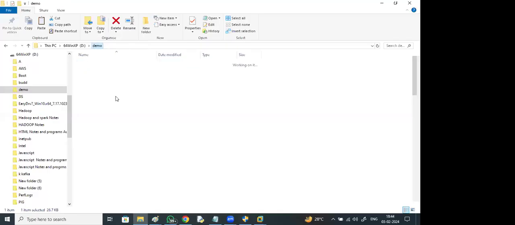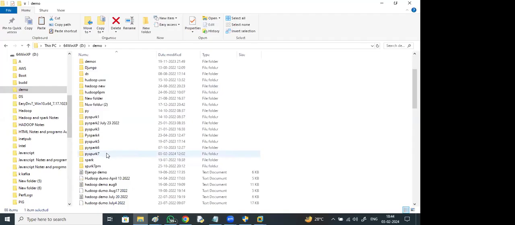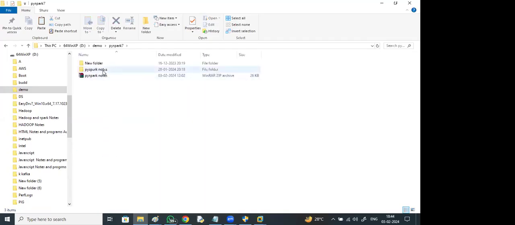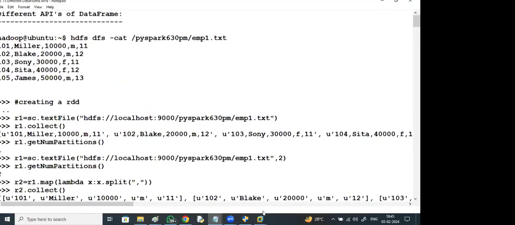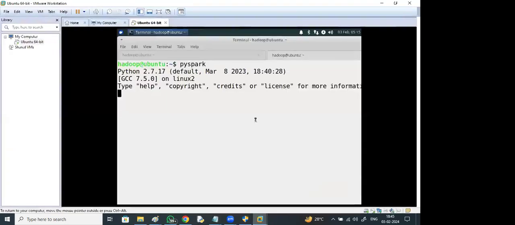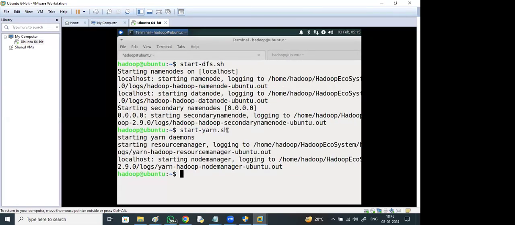I have a question here. Once you connect it to Pyspark, when you run it, what will happen here? After you run just one command, right? So what will happen? Like start-yarn.sh. Start-dfs means storage components like name node, data node, secondary name node will start, and here the processing components, resource manager and node manager. Processing components, right? Resource manager and node manager.